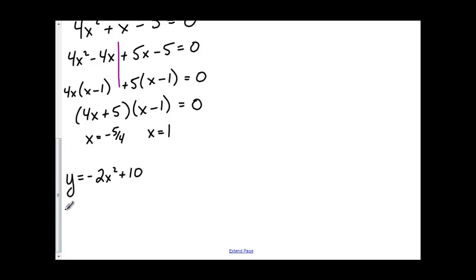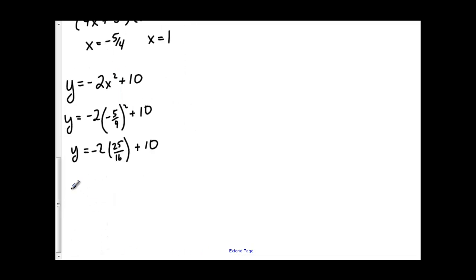I'm going to put my negative 5/4 in first. So I've got negative 2 times negative 5/4 squared plus 10, which leaves me with negative 2 over 25/16 plus 10, which leaves me with, if I divide both of these by 2, negative 25 over 8